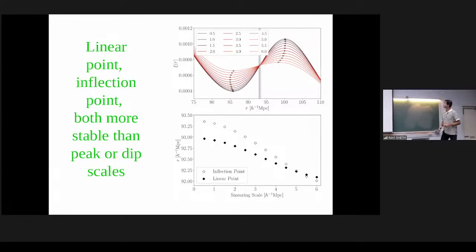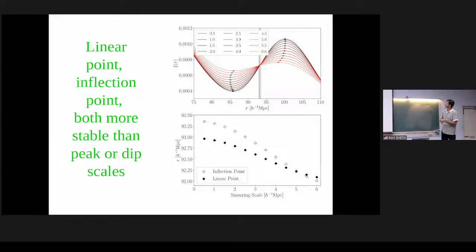Here's sort of a test of that. This is how the position of the maximum changes from redshift 1000 down to redshift 0, and how the position of the minimum changes from redshift 1000 down to redshift 0. These change by a few megaparsecs. So it's a few megaparsec change on 100, so it's a few percent change. Whereas this position here, now we're plotting the position of the scale as a function of how much smearing, so as a function of time. So more smeared at late times, less smeared early, now is somewhere here.